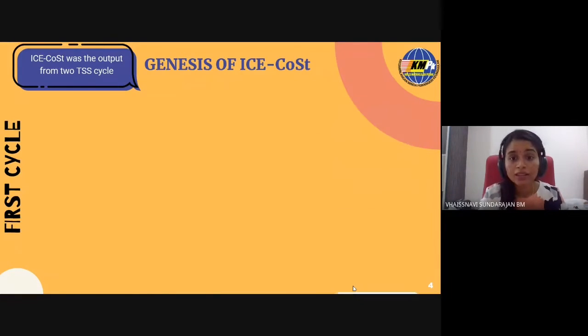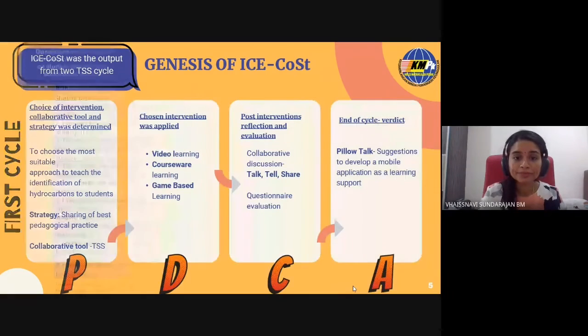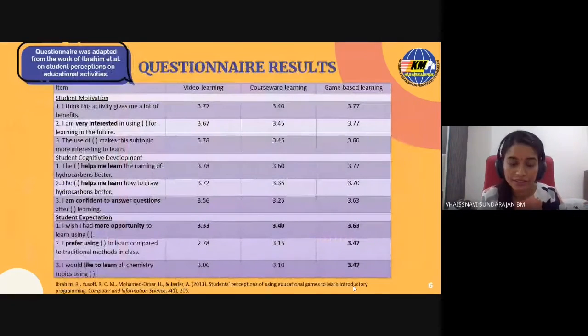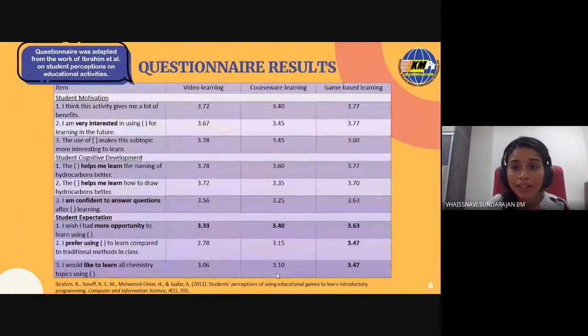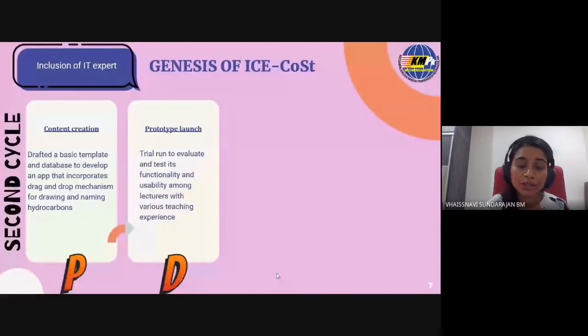This is supported by the questionnaire results. As you can see here, game-based learning topped the chart. However, students also said that video learning and courseware learning were also helping them to name and draw hydrocarbons. Next, during our second cycle,